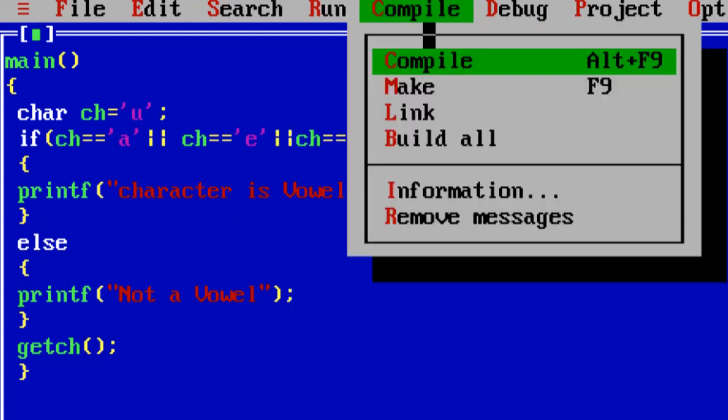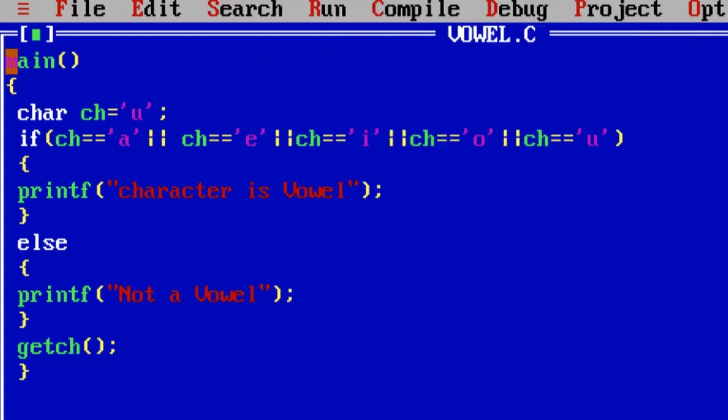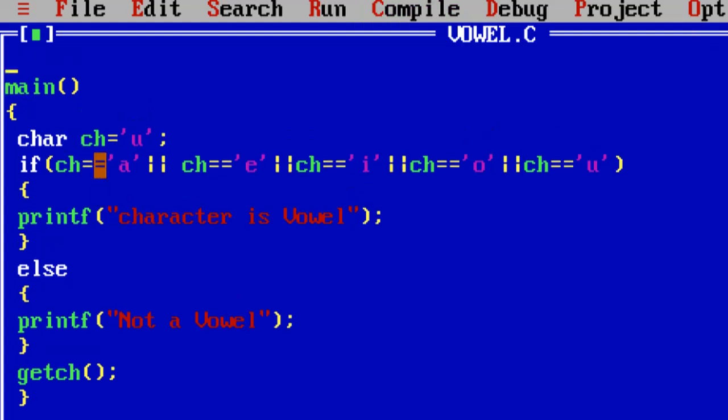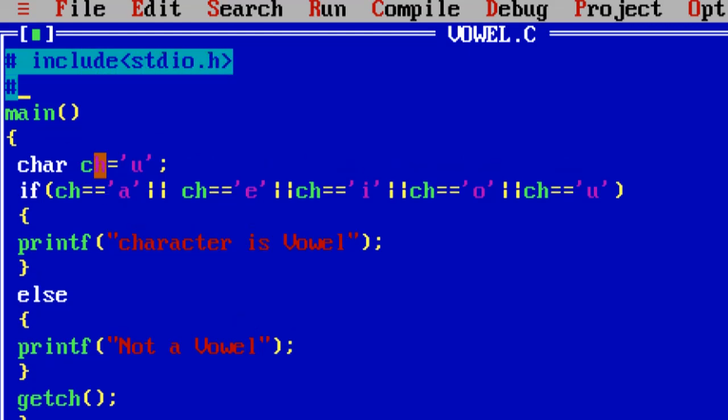We can compile without the header files or with the header files, but generally it is good practice to use the header file, to clear the concept why we are using the header files. So we are using the header file stdio.h, right? And the second header file for what function? For get ch, right?